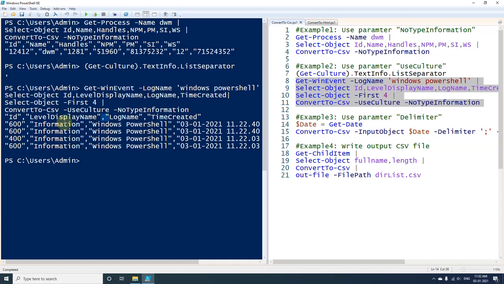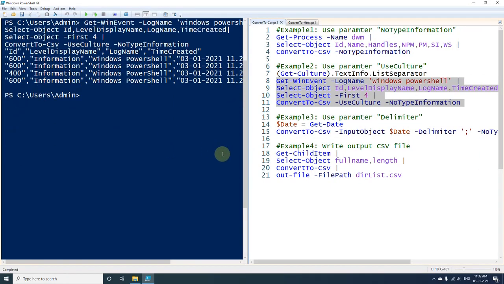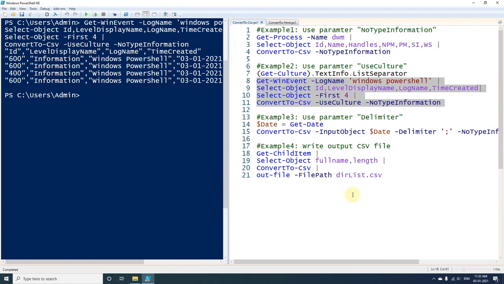In the remaining rows we are getting values for all these properties, which contain ID numbers, and after that we get the level display name which is Information, and after that we have got the log name which is Windows PowerShell, and after that we have got time created. So these many values we got for time created. So this is how we can use the UseCulture parameter.